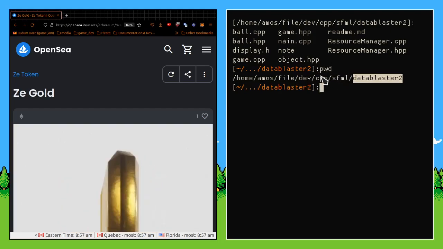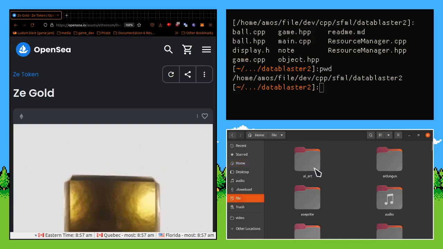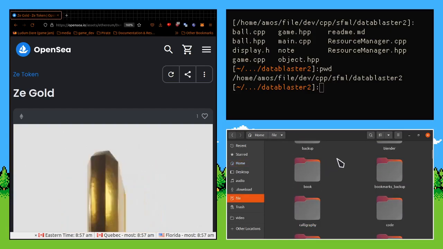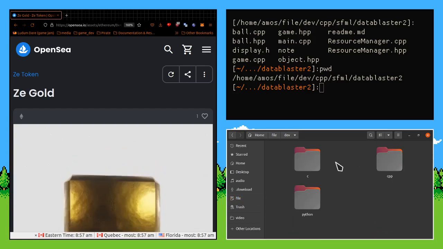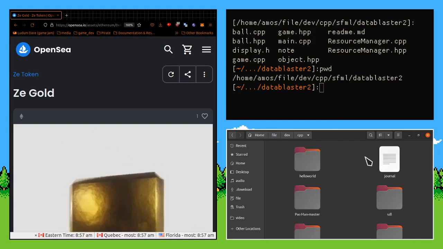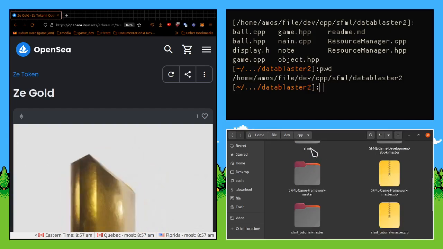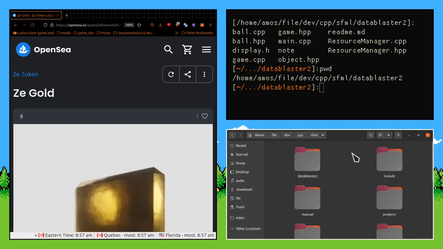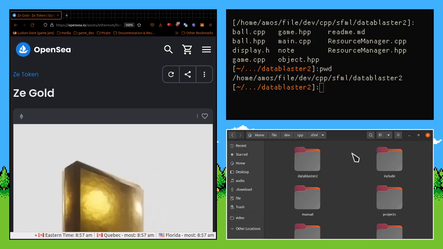Like if I show you how long it would take me, I need to find file. Okay, now I need to find dev. A, B, C, D, dev. Now after dev it was CPP. Now I need to find SFML. You can order your stuff very well in Linux because you don't care how far a folder is.